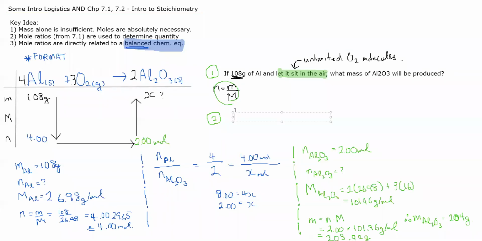Okay, great. If 204 grams of aluminum oxide was produced, how many grams of oxygen gas was used up? Here's my second question. Some of you might be creative and use the conservation of mass to do that. I'm going to purposely pretend I don't know how to use a conservation of mass, and I'm going to use mole ratios once again. Okay, so the same equation is involved, but this time